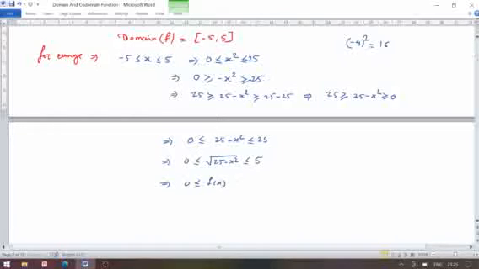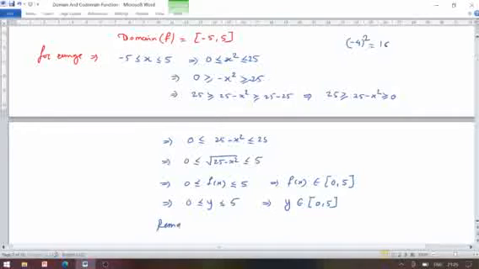So we have f of x should be greater than or equal to 0 and simultaneously less than or equal to 5. We might write in terms of the interval, f of x belongs to the closed interval 0, 5. Or in terms of y, if y is any element that belongs to your range, then 0 is less than or equal to y, which is less than or equal to 5. That means ultimately we have to replace y by f of x or f of x by y. So that implies y belongs to the closed interval 0, 5. So it is the range of the given function.